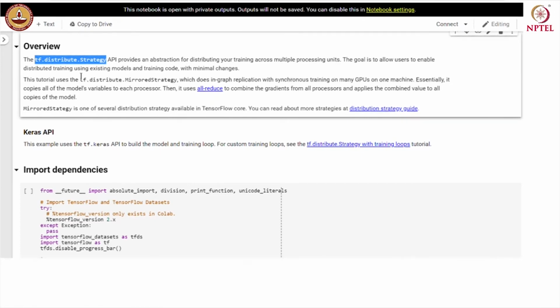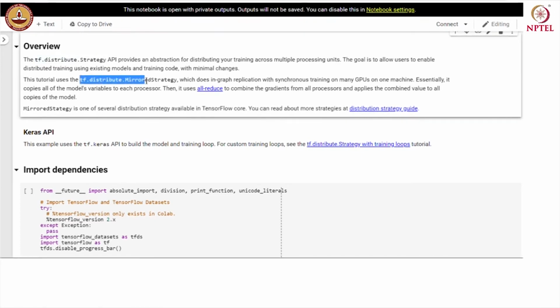So, here we will use tf.distribute.MirroredStrategy in this example. This mirrored strategy does in-graph replication with synchronous training on many GPUs on a single machine.